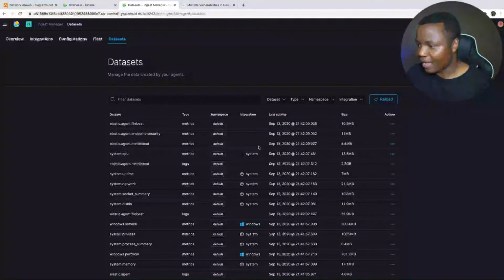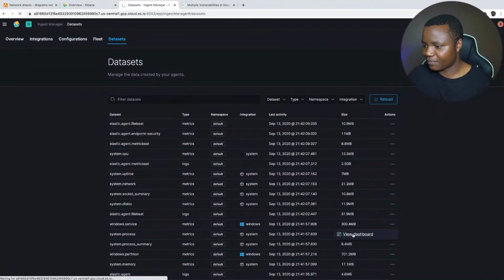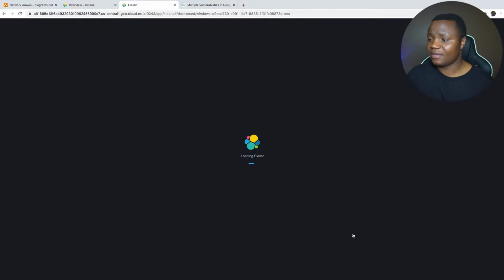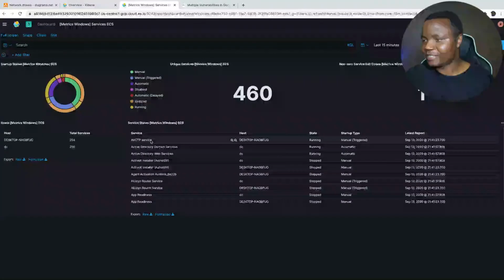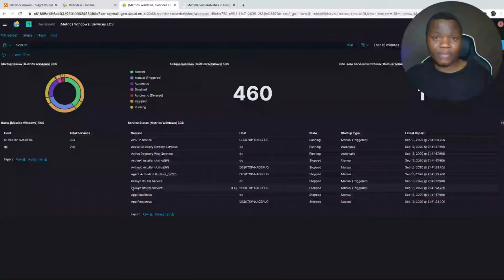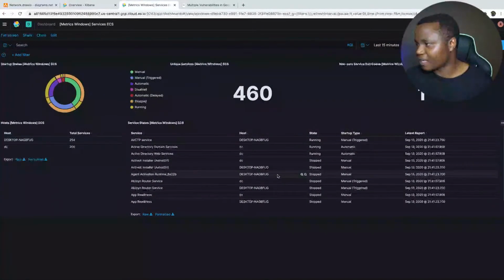So let's take a look at this data here. What kind of dashboard does it generate from Windows? Just the metrics. This is coming from my Windows machines. So you can monitor not only the security part, but the usage as well for your systems. So let's take a look. I don't know how useful this might be to someone, but you can tell sort of what processes are running,